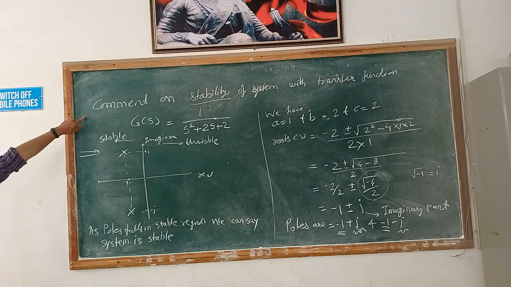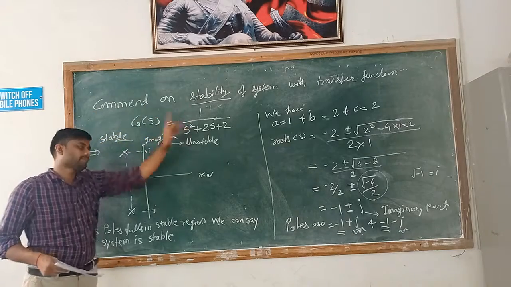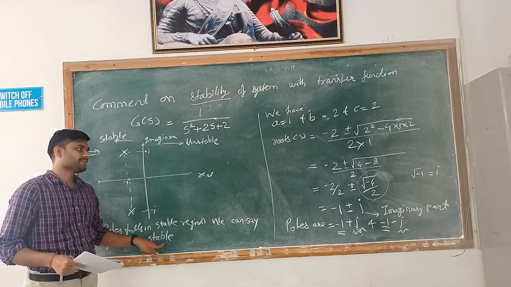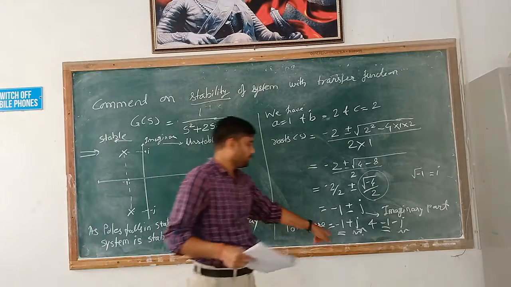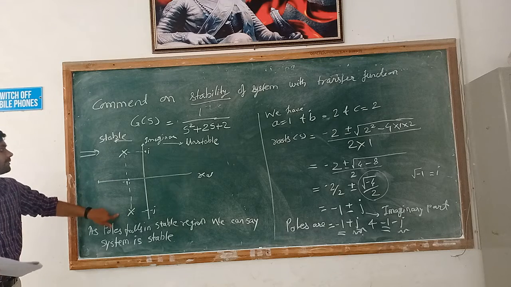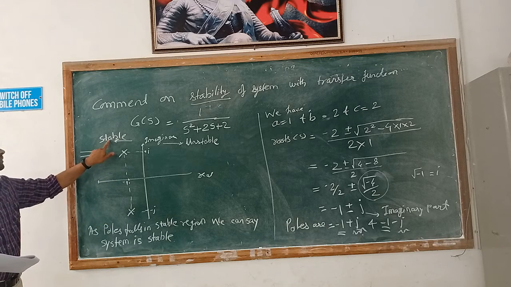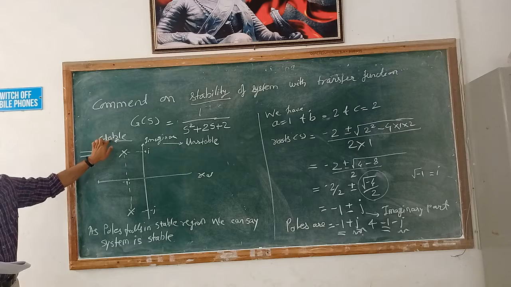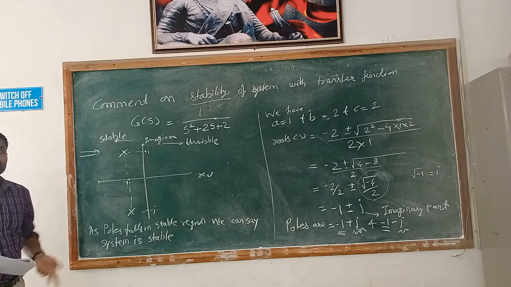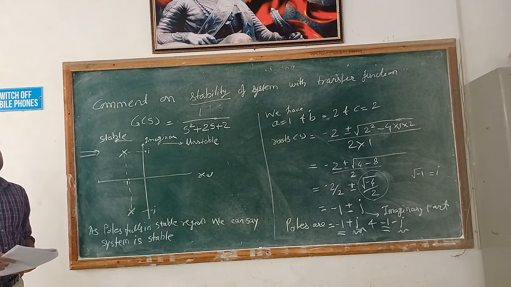So here we only need to comment on the stability. So here we commented that system is stable. How we comment the system is stable? By finding the poles. And these poles, after plotting these poles here, we can say that these poles are in stable region. That's why we can say that system is stable. In the next lecture, we will again see the numericals of this stability of